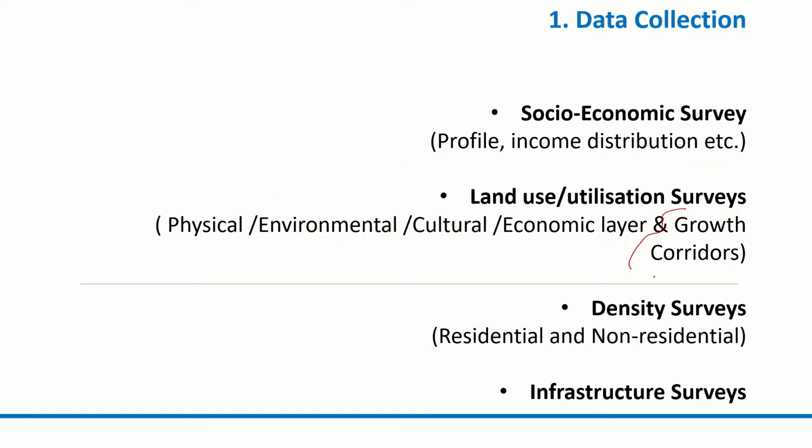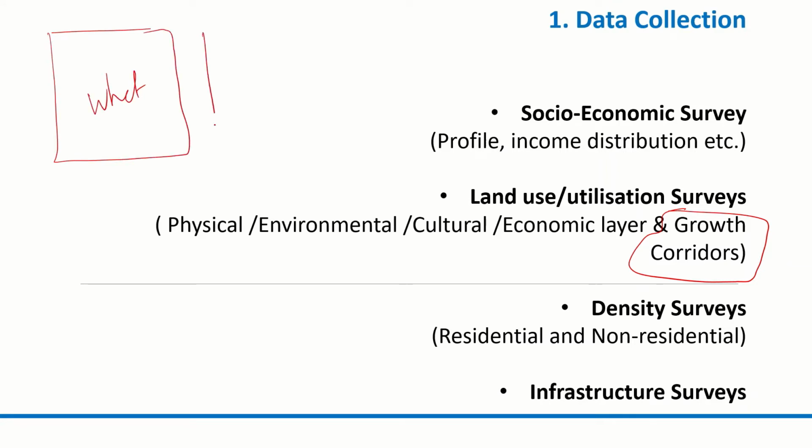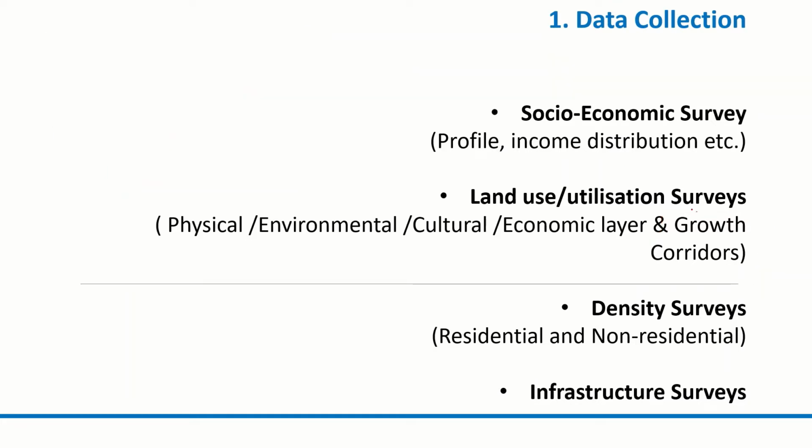Probably one of the outcomes can be on growth corridors. Okay, at the end of your study, you may say this is what is existing. Okay, and probably you will say this is what is going to be tomorrow, right? So the more understanding that we have on what is existing today, probably we'll be in a better position to say how the city will work tomorrow, right? So that's why we are spending a lot of time on understanding what kind of information is needed to describe what is existing. Okay, this is one of the broad outcomes.